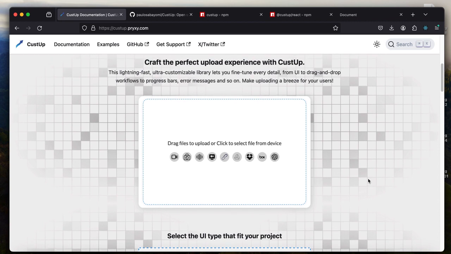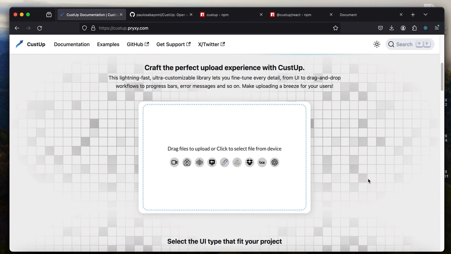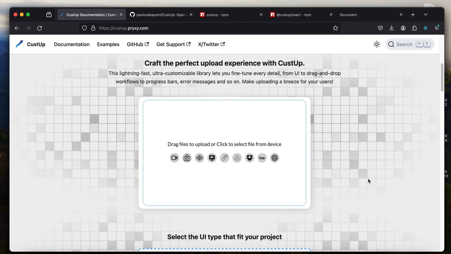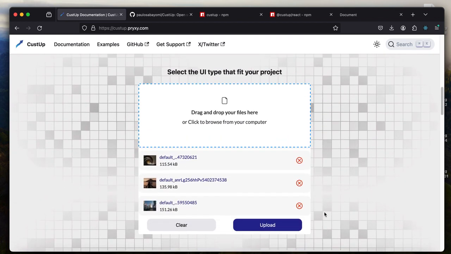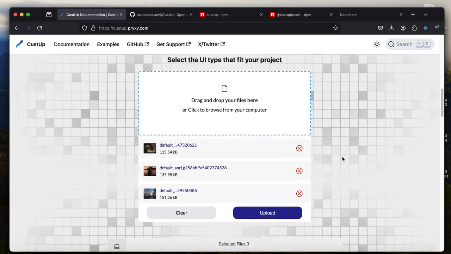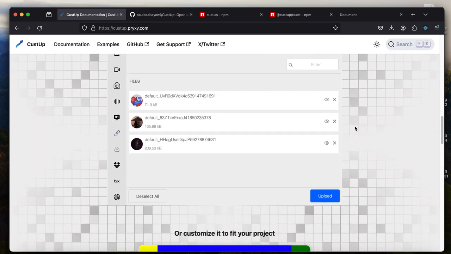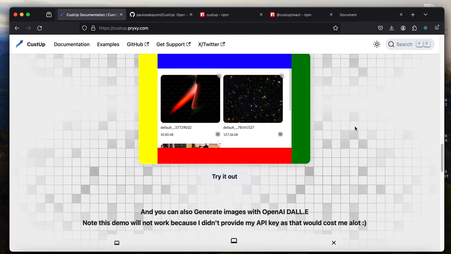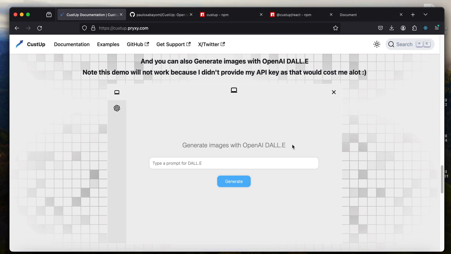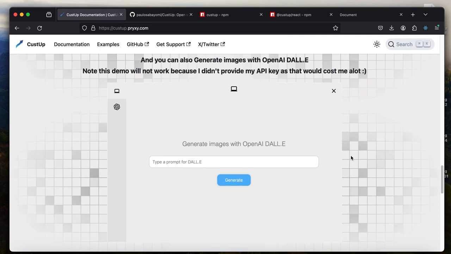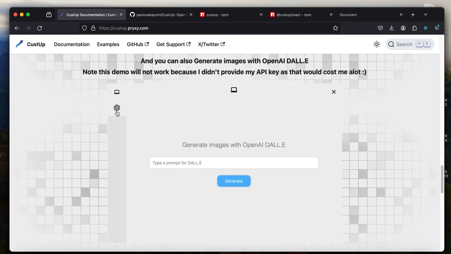It currently has like six different UIs that you can choose from, and this is one of the UIs that you can choose from. And also this is another UI, this is another one. And it also supports image generation with OpenAI DALL-E. I'm going to be adding other image generation AI APIs soon,